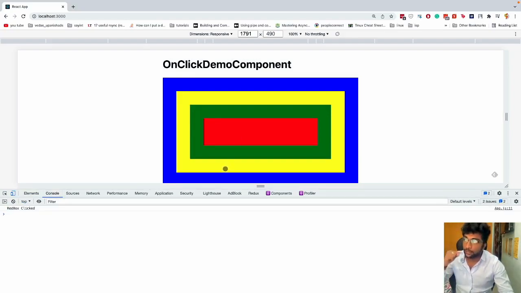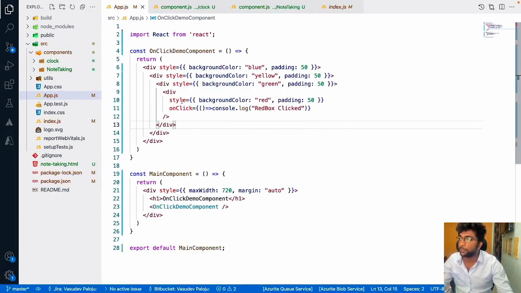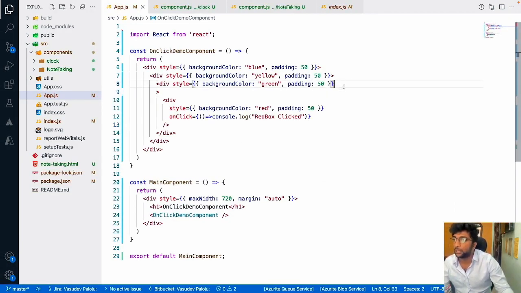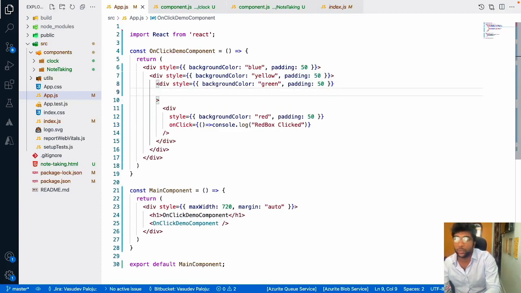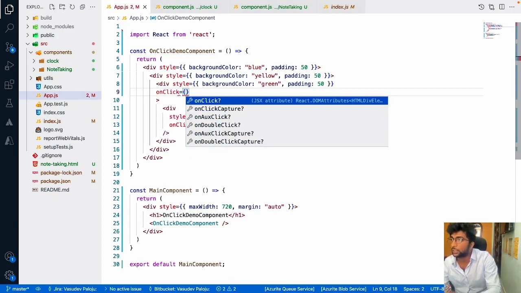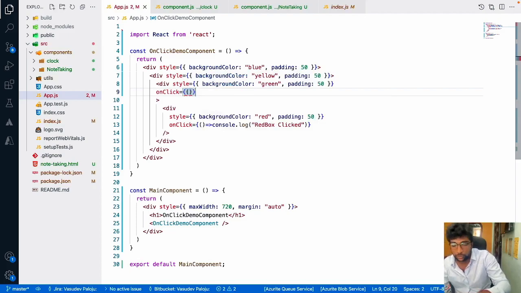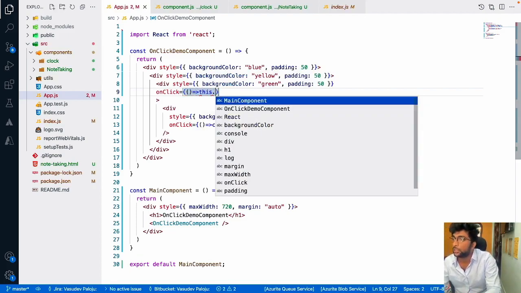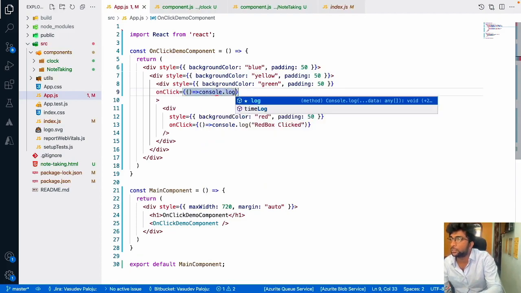But as I said, the event is propagating, so I'm clicking on the red box, so only the red box should emit the event, right? But my statement is that every event in JavaScript is bubbled out, so let me add that one as well. So I'm adding an onClick event handler over here as well. It is very simple. On the left side, onClick is which event you are attaching, and on the right side, in the curly brackets, you just give the function which needs to be executed, right? So here I'll be putting console.log